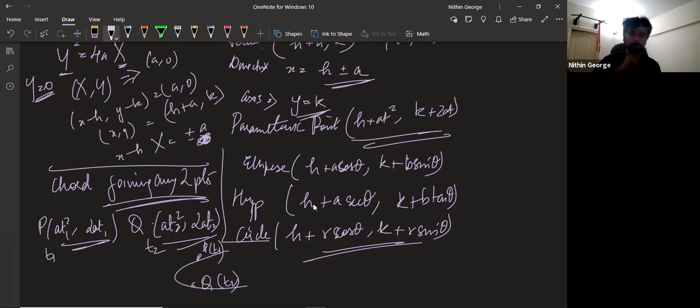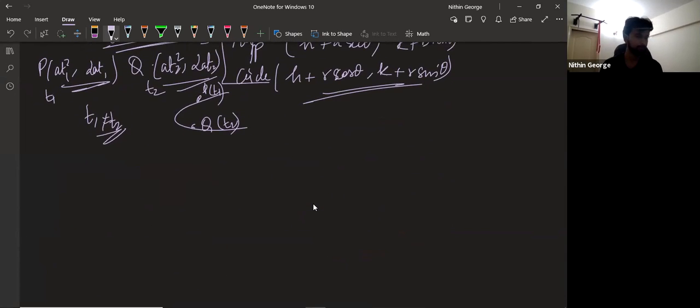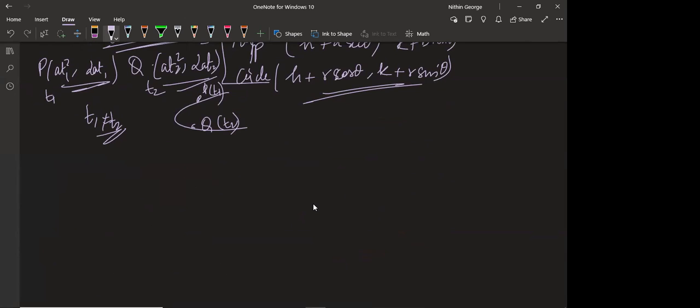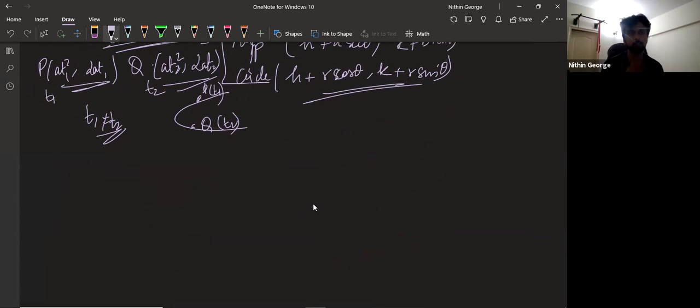I just put in 2 points. I use two parameters t1 and t2 to represent the 2 points, such that t1 is not equal to t2. What does that mean? They are not the same 2 points. Is this clear so far? Yes, sir. Okay, now can you form a line joining these 2 points P and Q? Find the equation of the line PQ.